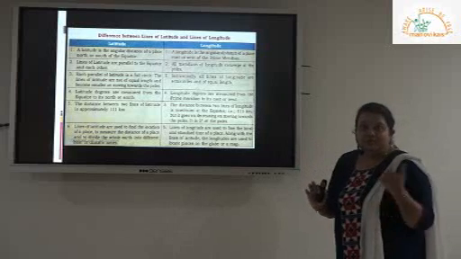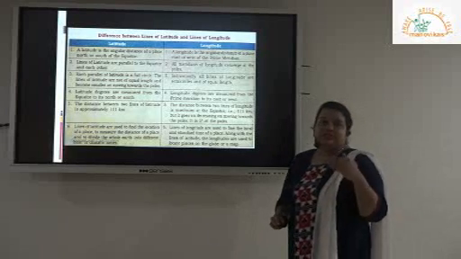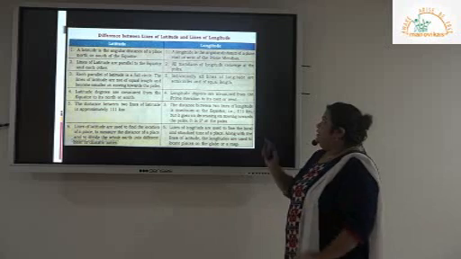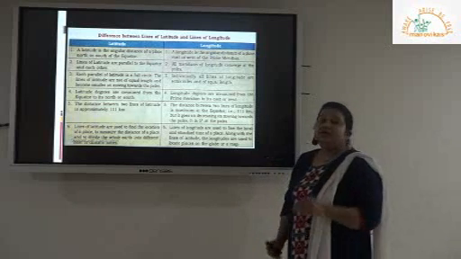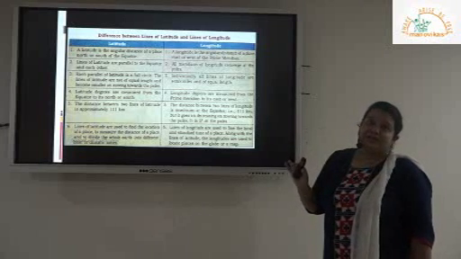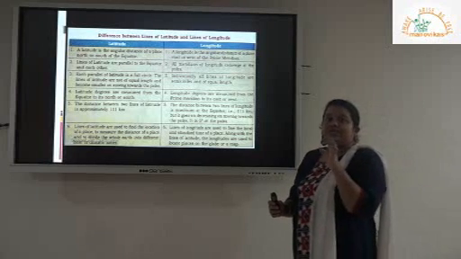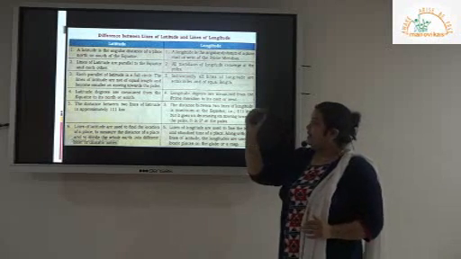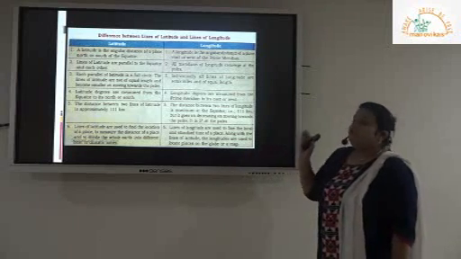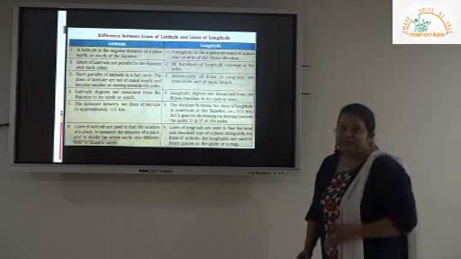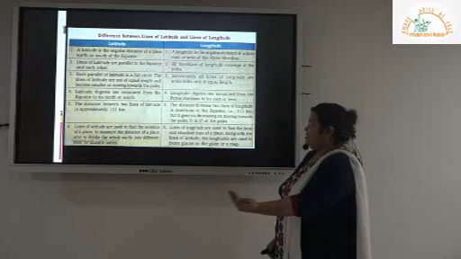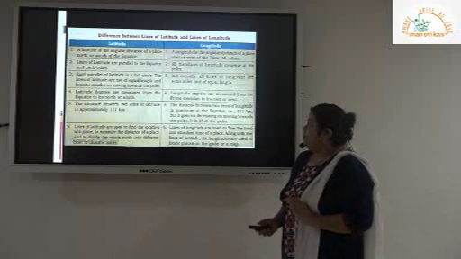Each parallel of latitude is a full circle, but they differ in size. As they move towards the pole, they go on reducing in size and at the poles they become just points. Individually, each longitude is a semicircle and they are of equal length. Each latitude has a particular value. Equator has 0 degrees, towards north it is 1 to 90 degrees north, towards south it is 1 to 90 degrees south. Similarly, longitudes are also given a value, right from the prime meridian as 0 degrees, towards east 179 and towards west 179, east and west respectively.